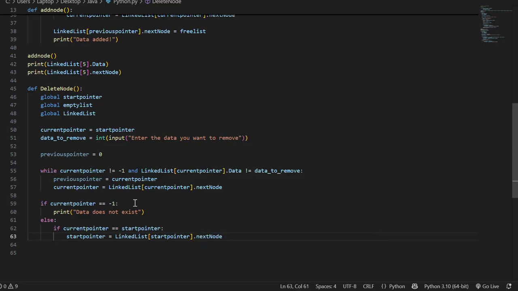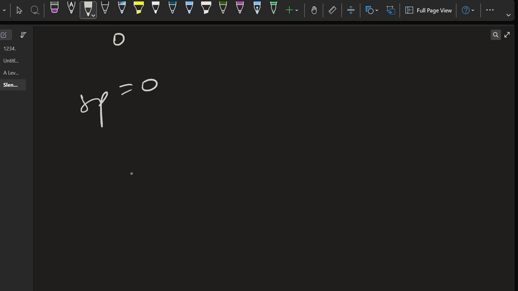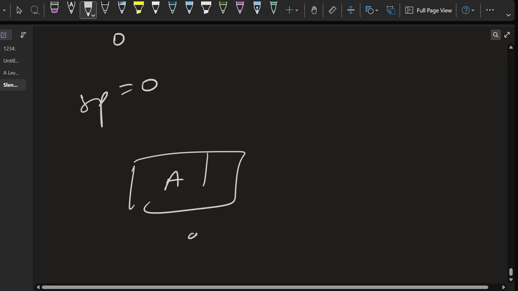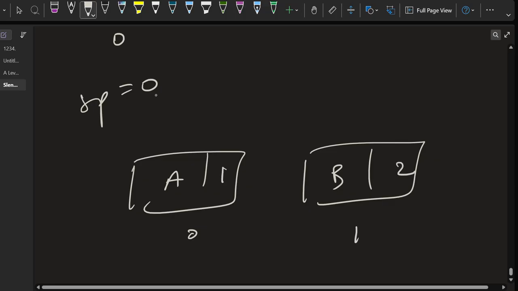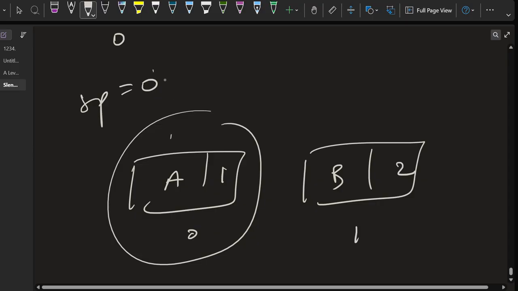So how this works is that if this is my start pointer at 0, here I have 1, here I have 2. So what I need to do is update this. Once I've removed this thing, I need to update the start pointer to 1 so that it's going to point